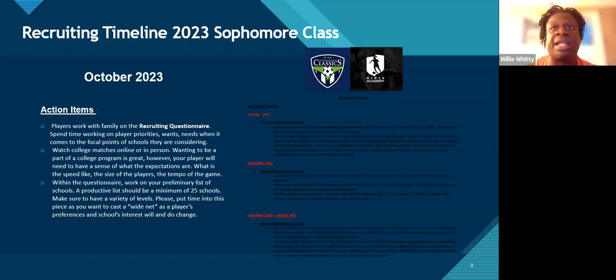One of the things we spend a lot of time on, if it's not filled out, is just getting interest points from players. I can't tell kids what they want. They're going to have to really start to self-analyze things that they're interested in. And that is a real key to being able to narrow down this recruiting focus.